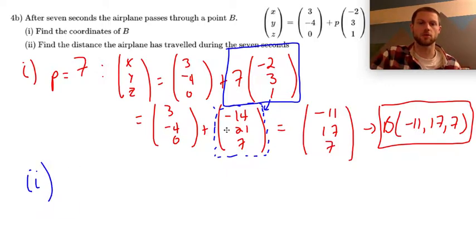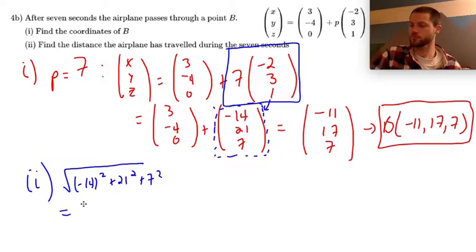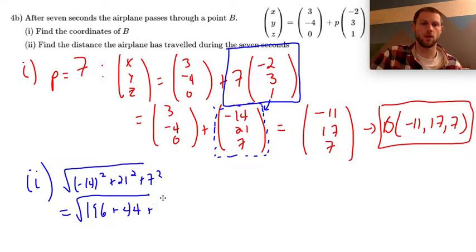So let's do that. Let's take the magnitude of this vector. So that's going to equal the square root of negative 14 squared plus 21 squared plus 7 squared. So if I work that out, let me grab my calculator here, 14 squared is 196, plus 21 squared is 441, and plus 7 squared, which is 49. So this is going to equal the square root of